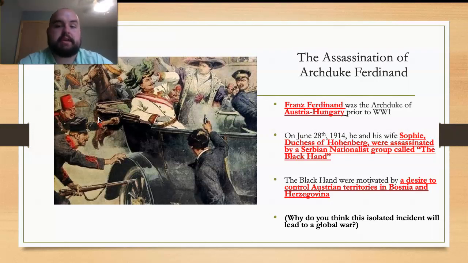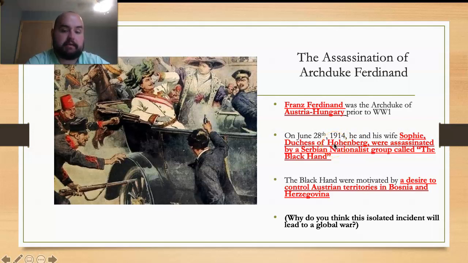I is the assassination of Archduke Ferdinand. Prince Ferdinand was the Archduke of Austria-Hungary before World War I. This is essentially the Austria-Hungary Empire's equivalent of a vice president. On June 28, 1914, he and his wife Sophie, the Duchess of Hohenberg, were assassinated by a Serbian nationalist group